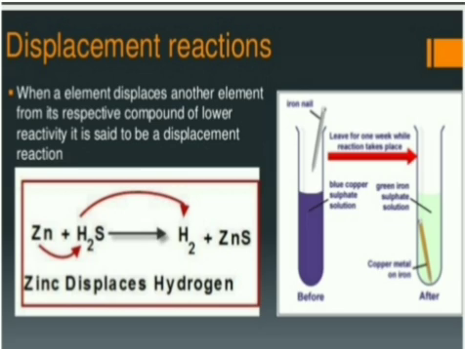Another example is when an iron nail is treated with blue copper sulfate solution, the blue color of the copper sulfate solution fades and becomes lighter. Iron displaces the copper from copper sulfate and forms iron sulfate or ferrous sulfate, and copper is reproduced. In this reaction, iron displaces or removes less reactive copper from copper sulfate solution.